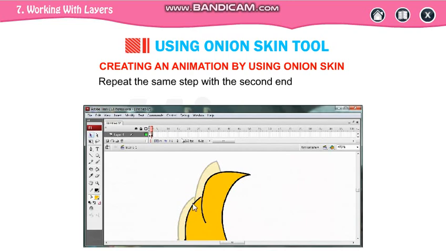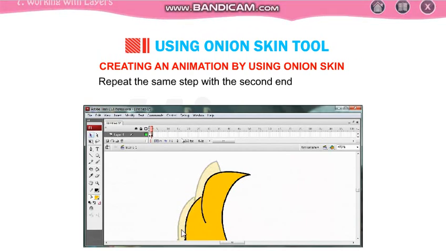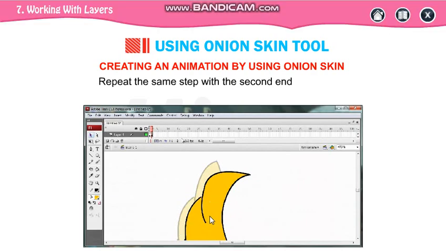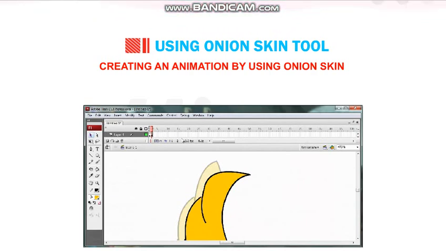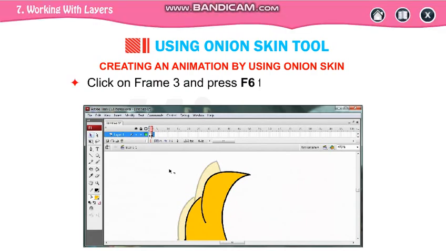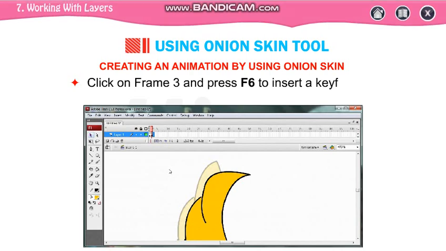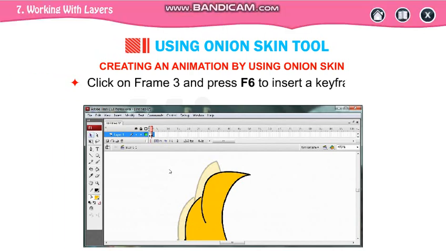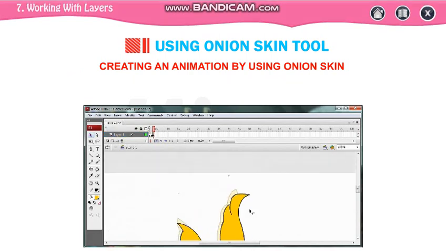See, now this part, जो ये faint image दिखाई दे रही है पीछे वाली, this is your onion skin tool. Previous frame दिखाई दे रहा है, and now you have changed the position. Click on frame 3, press F6. Now we are on frame 3.